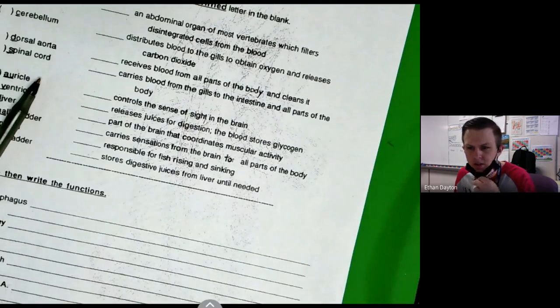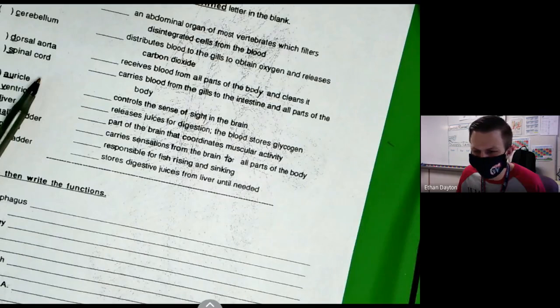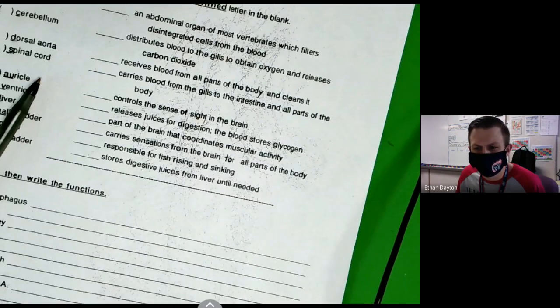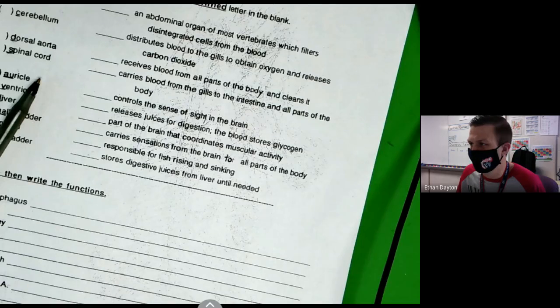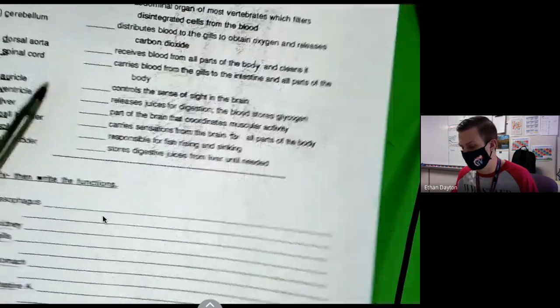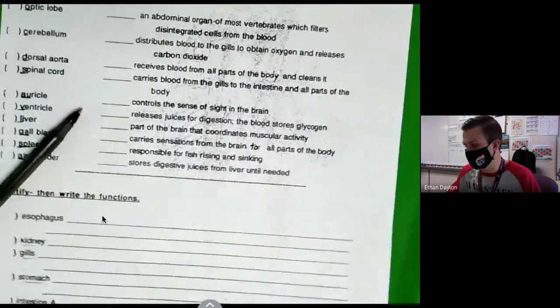So Emily, it looks like you're using numbers from the study guide. You should be using the numbers from the actual quiz. Sorry, I blanked there. So you need to look at the number on the quiz. You should be using numbers 1 through 16 only. Okay, and then in the right-hand column, you should be writing the letter of that body part that matches the function.